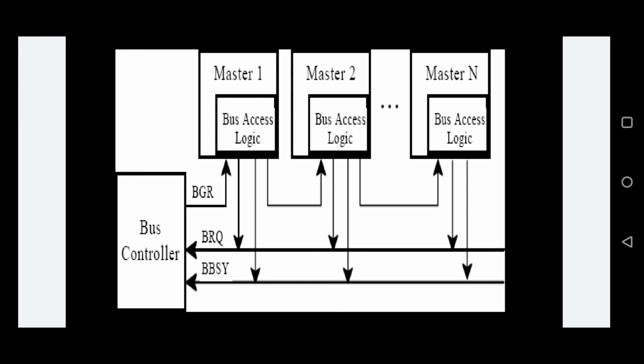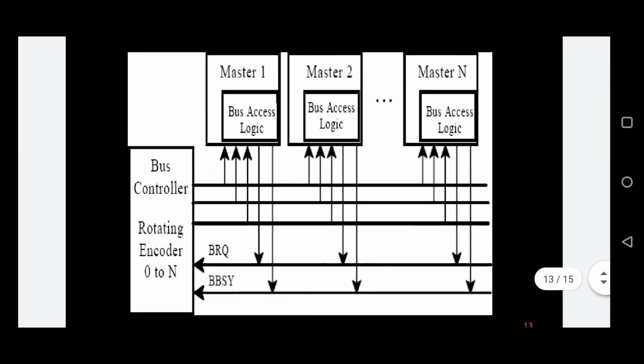Suppose any one of the masters completes the transaction, that particular master will release the bus busy signal. After that, the bus will be given to the next master in this system. So this is the daisy chaining method, the first method. And the second method,